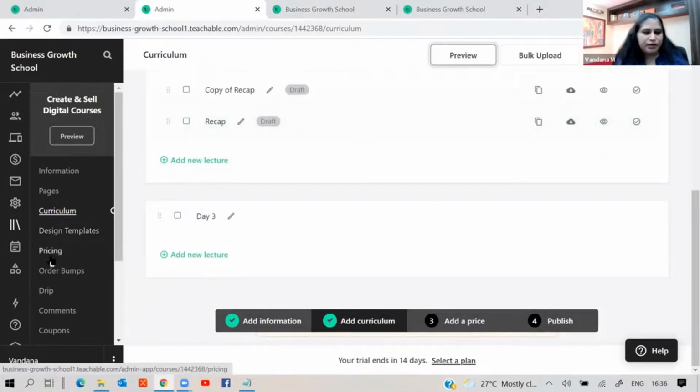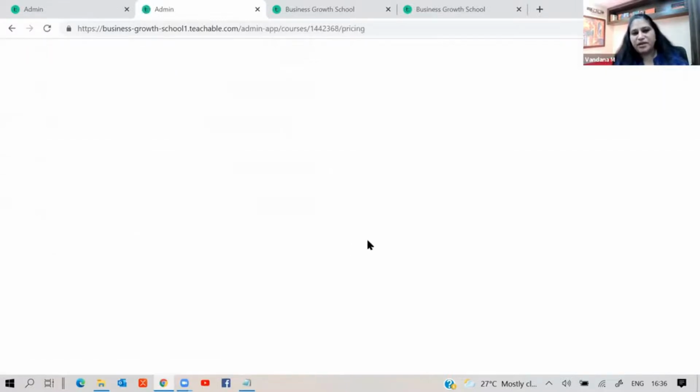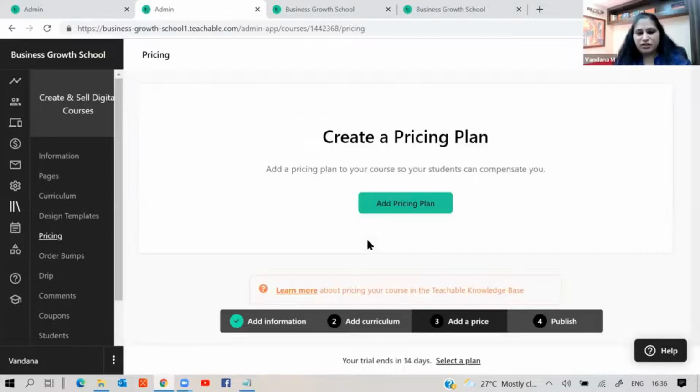Now design templates not required. Now if you want to put a pricing to the course, here is where you will do the pricing. Now because Teachable and InstaMojo are still not talking to each other, so we Indian banking system and foreign banking system, there are some issues with these products. So if you have a PayPal account, then you can actually go and set up your payment as PayPal, but you may have PayPal, but your customers may not have PayPal. So that is why you cannot use Teachable for taking payments with your Indian banks.